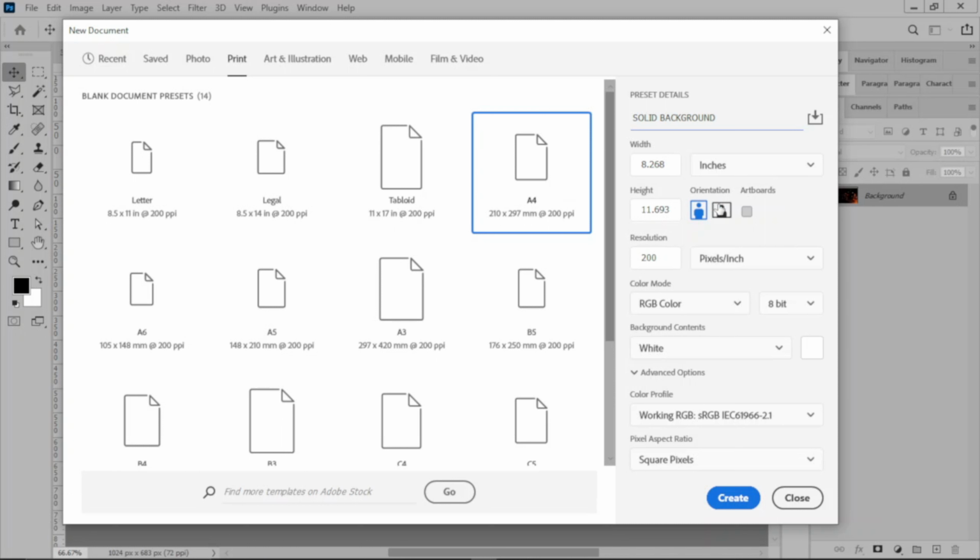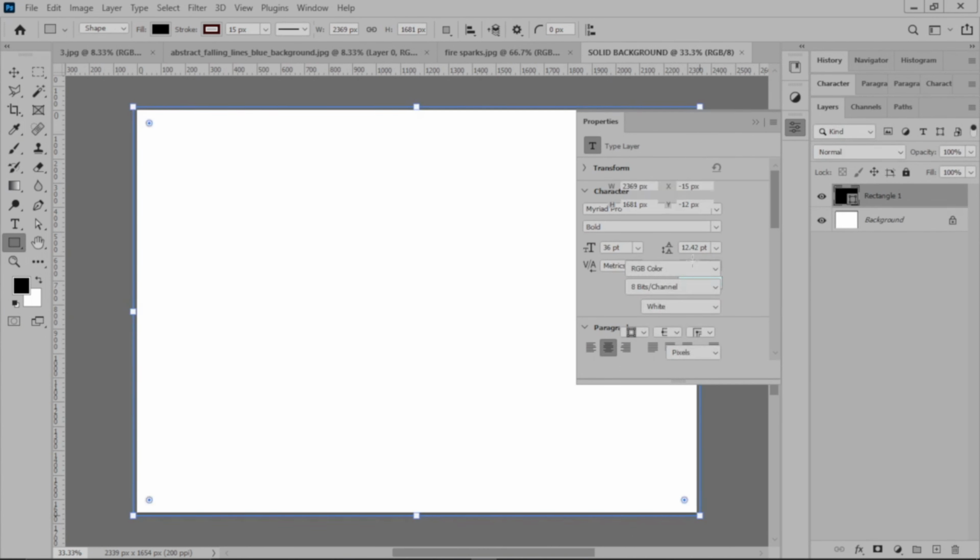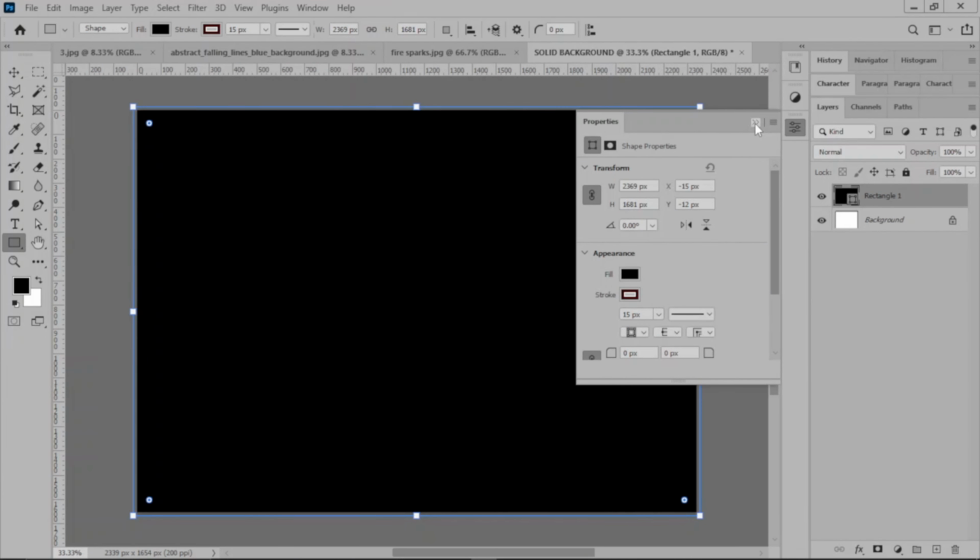Right, and then I want the orientation to be landscape. So I change the orientation to landscape. 200 resolution is okay for me. Then I click create. So I have my nice canvas here. So first I'll draw a rectangle on my canvas like this, and then with my property box here,